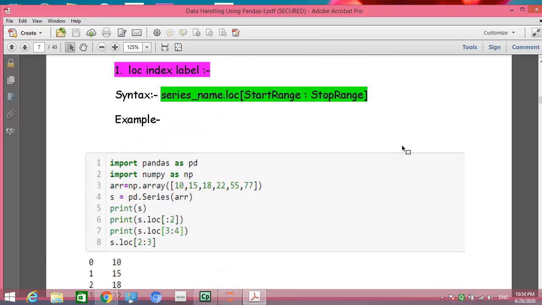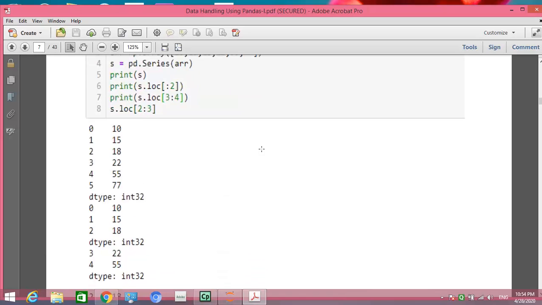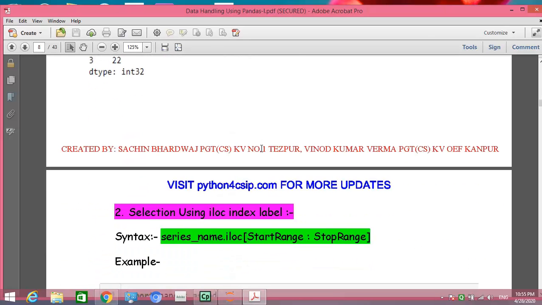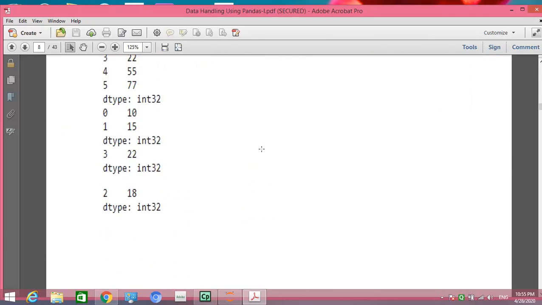Next, this is also slicing, accessing elements using index.